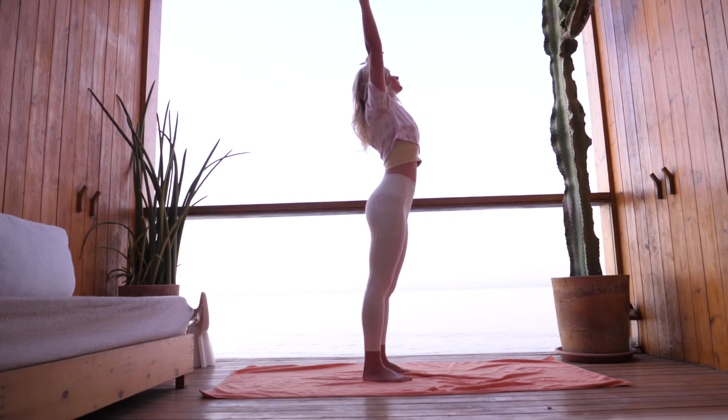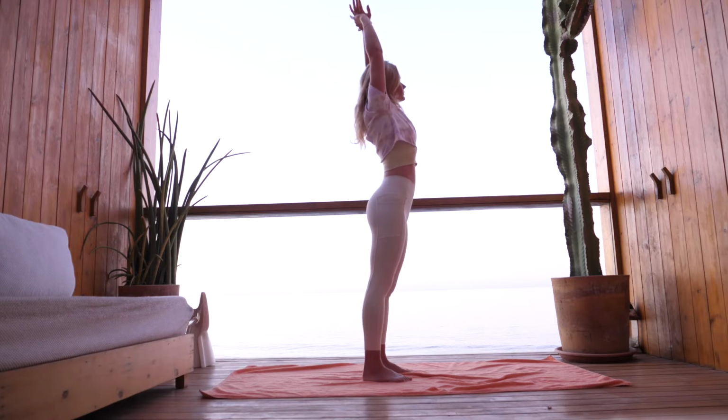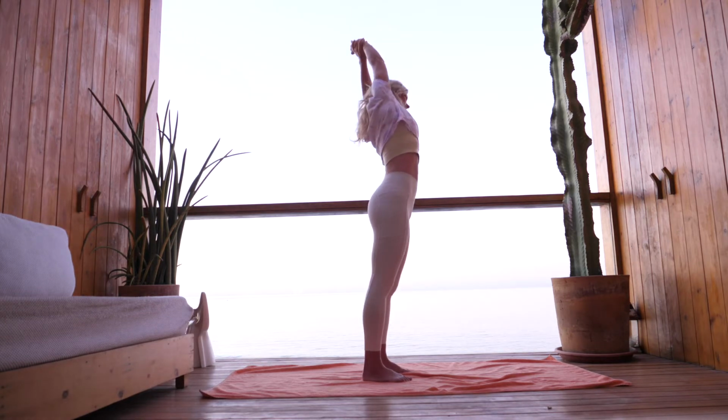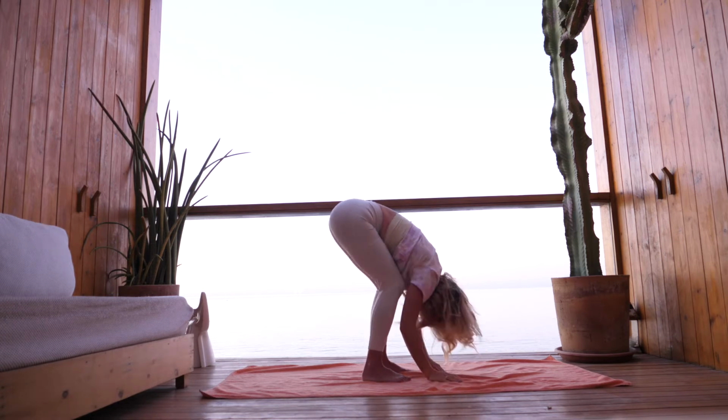Inhale, rise up to the sky, take a hold of your right wrist. And then as you exhale, root down through the toes, but peel your way over to the left as you side stretch. Inhale to center, grab a hold of the left wrist, and then peel your way over to the right, side stretch. Inhale back to center, hold the right wrist, and as we exhale, we peel to the left,